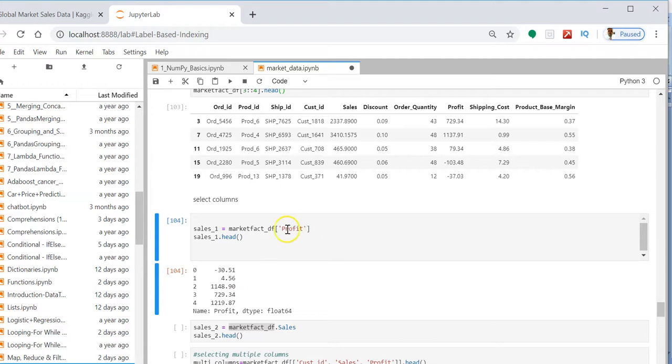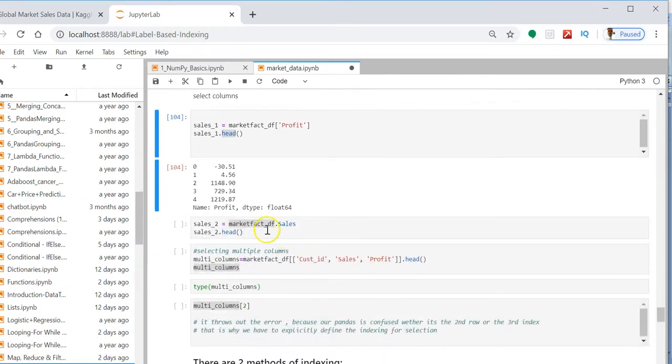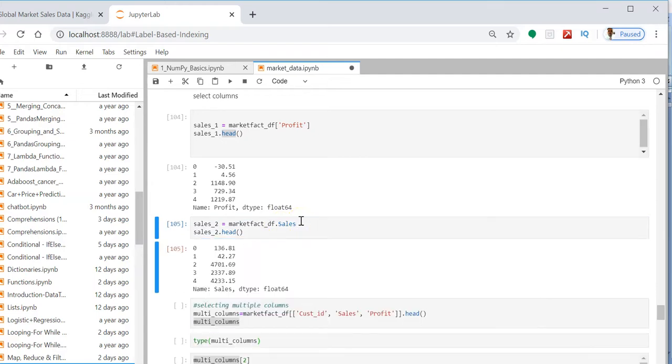It gives me the sales and profit data, and the output is only 5 rows. The other way is you can just put the column name after a dot, like dot sales. This is the other common way, and it gives you the same output.